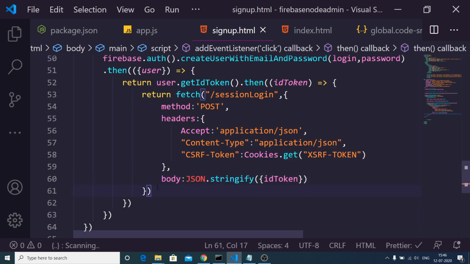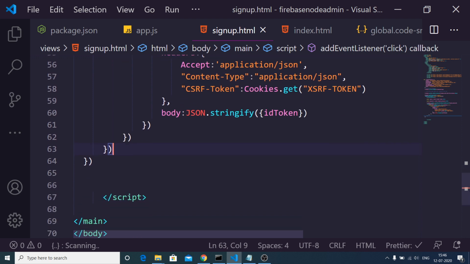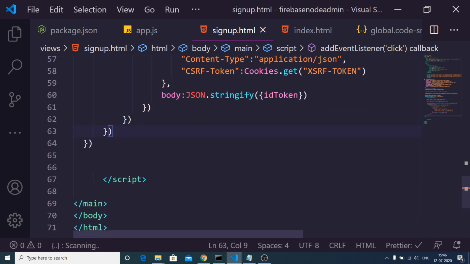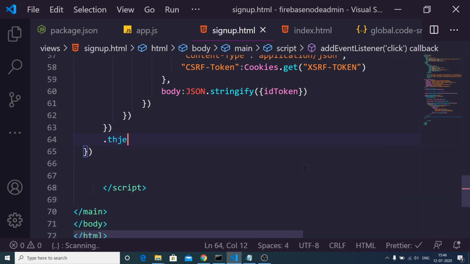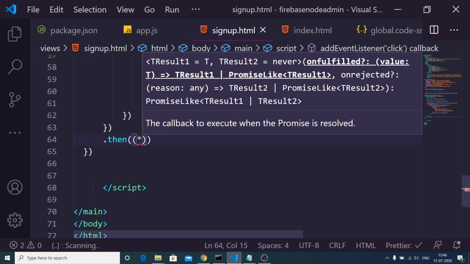And now, 1 2 3, so this again returns a promise guys. You can see that when this request is successful, this will again return a promise, so you need to write .then, and inside this callback function